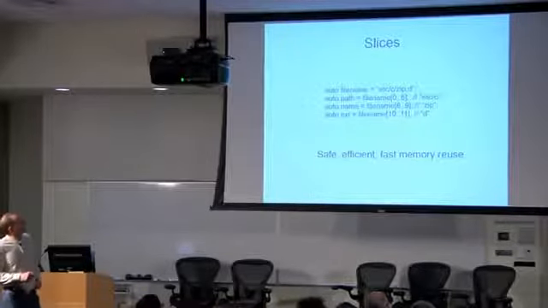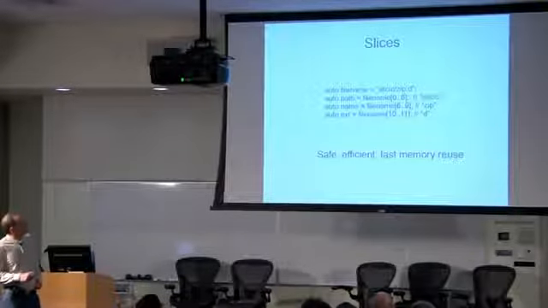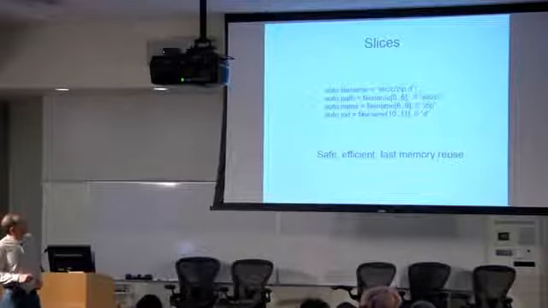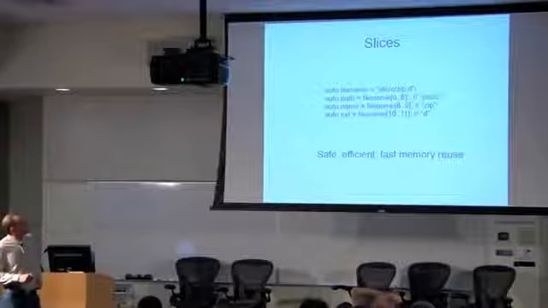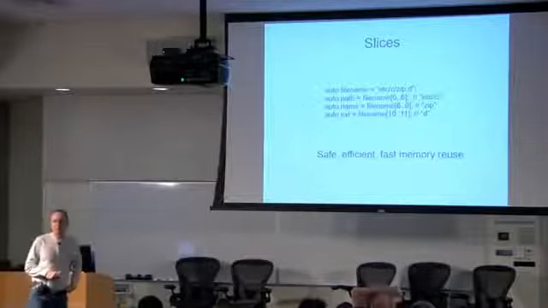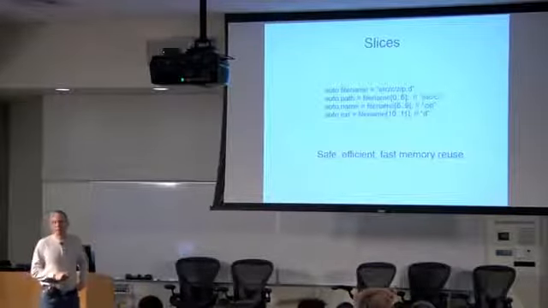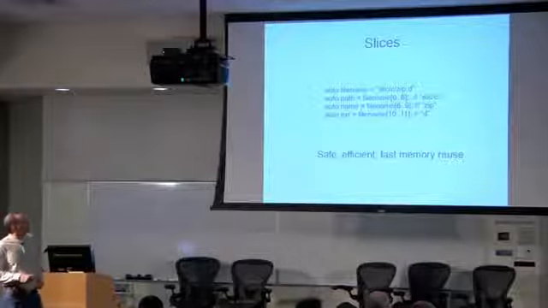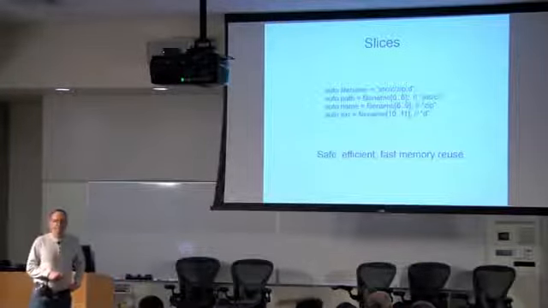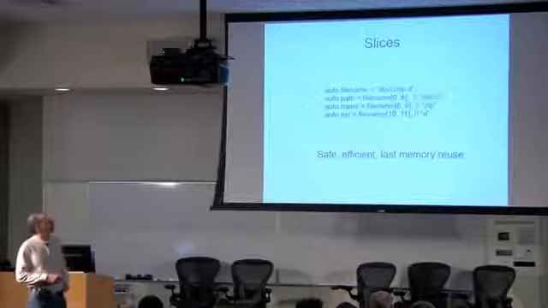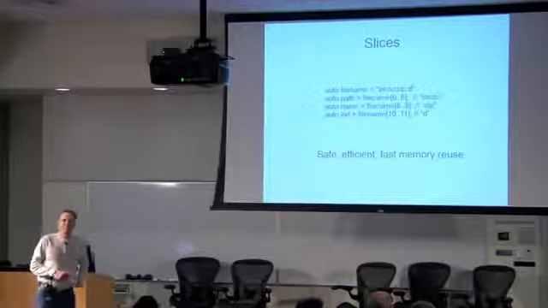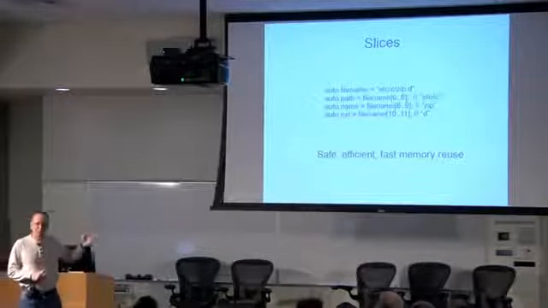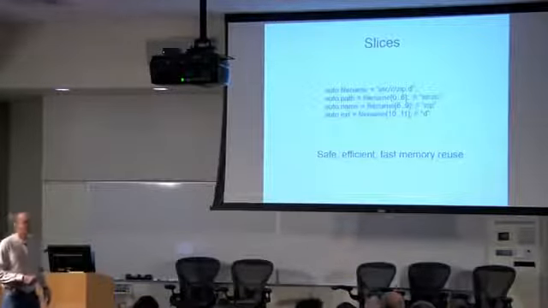Slices. Slices is, I believe, a D innovation. Let's say our file name is this string, and we can slice it, which is to take parts of the strings out, and it doesn't make copies. It's just simply under the hood manipulating pointers and lengths, pointers and sizes. So it turns out to be very efficient and very fast because you don't have to allocate memory to do things like break up a file name. You know, you don't have to have zero termination, which means you don't have to break up the strings.